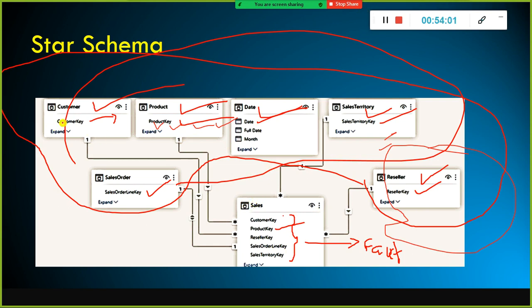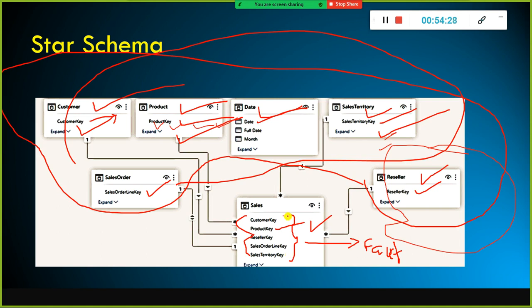In that case, the customer name is available here, the product name is available here, the region name, which is the territory name, is available here, and the quantity sold is available in this fact table. But here you have the surrogate keys for all the dimension tables stored, but the name of the customer and the product name you did not store here.